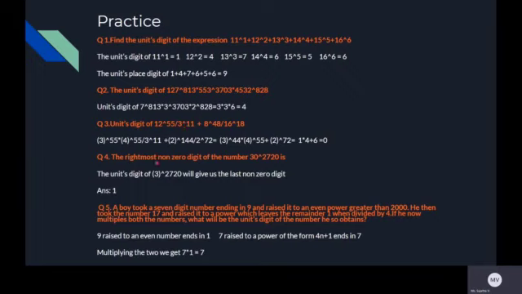Okay. Now another one. This is not at all a difficult question, but a little tricky one. This is not a direct question they have asked. Take a look at this. The rightmost non-zero digit of the number 30 raised to 2720. Okay, now the first thing is this 30, you can express it as 3 into 10, right? And 10 raised to 2720 will end in all zeros, right? This 30, if you raise it to 2720, what will be the last digit? It will be 0. That is why they have asked this question.